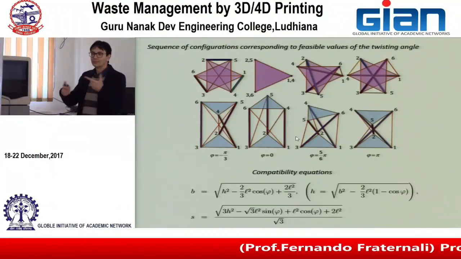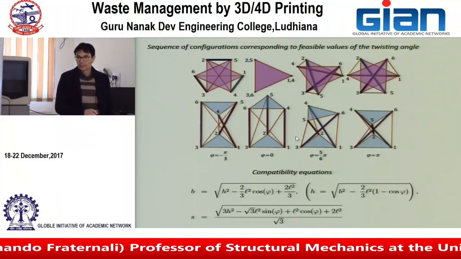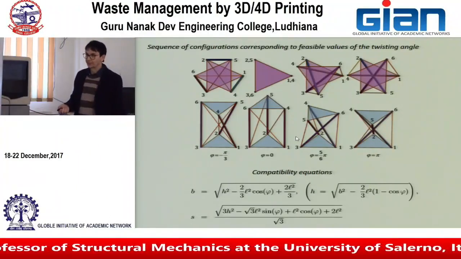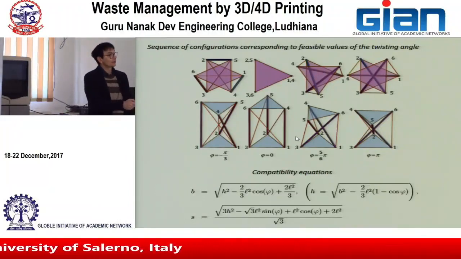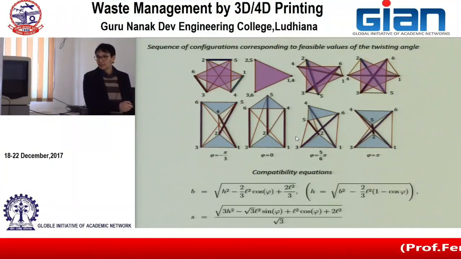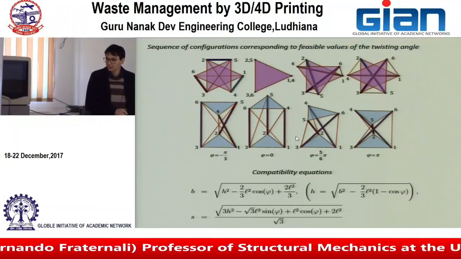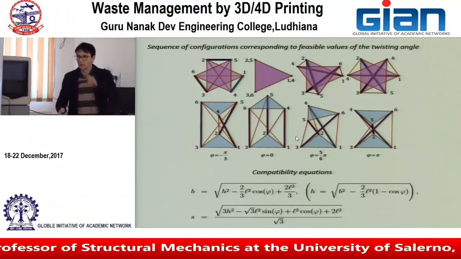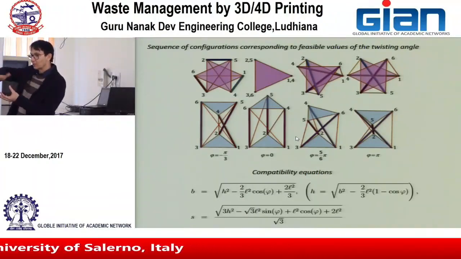And B and S will be dependent variables. Okay? Because if you compute the length of these two bars, the length of this member will be a function of L, phi, and h. So it's not an independent variable. Only three are the independent variables to describe the kinematics: I have the twisting angle, the